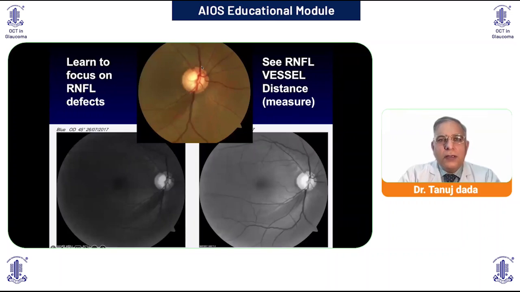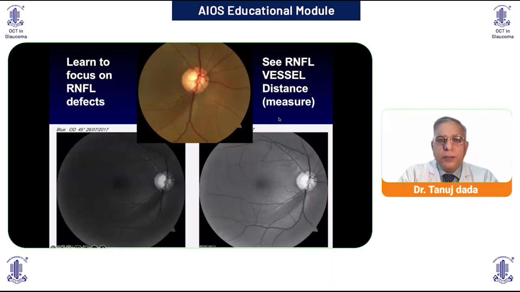So learn to focus on the retinal nerve fiber layer defects and see the distance of these defects from the surrounding blood vessels. So when you follow up the patient, you can measure the distance between the retinal nerve fiber layer defect and the major blood vessels. And if this defect expands, close to the blood vessel, then you know that this patient has progressed. So clinically, you can both diagnose glaucoma and follow up the patient with the fundus photograph, and you do not require a